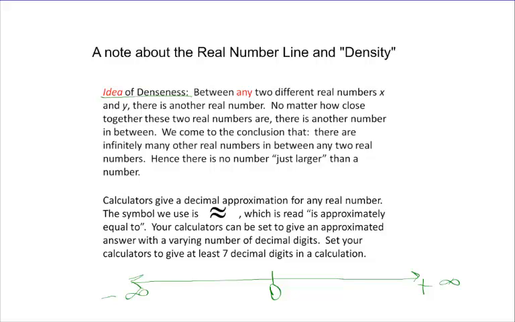Now, there's several billion of us here right now. Think of everyone that has ever lived on the face of this planet throughout history. That's billions of people. That doesn't even touch what's going on between any two arbitrary points on this real number line. There are more points on this real number line between these 2 points that I just drew than there